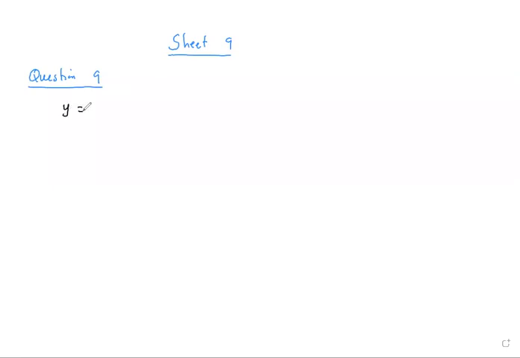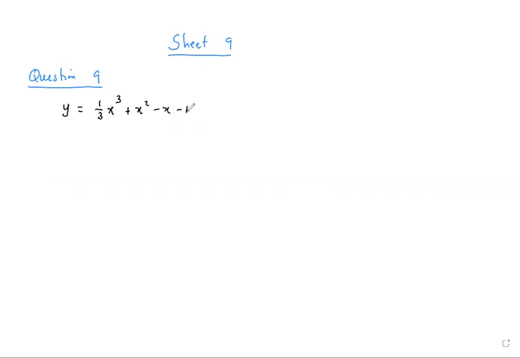y is equal to 1/3 x to the power 3 plus x squared minus x minus 1, with the slope. I mean, when the slope is a -1, b 2, and c 0. So when you're given the slope,